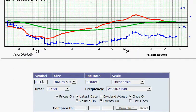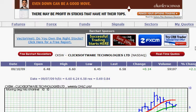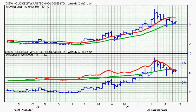Okay, and then I will do just one or two more here. These are stocks we've been following for a long time in the premium newsletter. Well, actually, we've either bought them, or the first one we're in. The last two we've bought and sold already. This one we bought down at around 3, and we sold up here around 6, I think. And